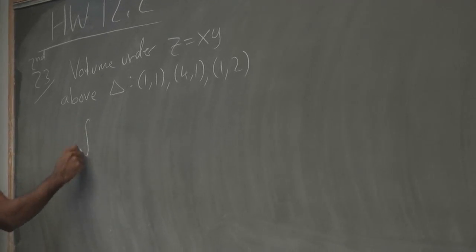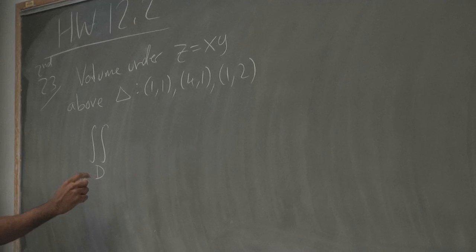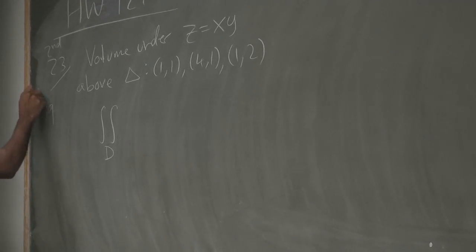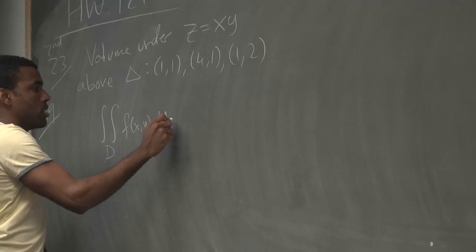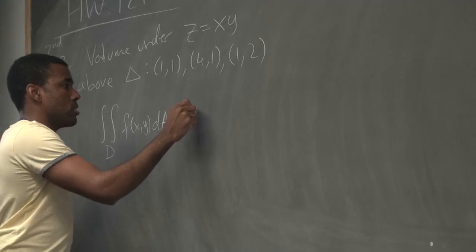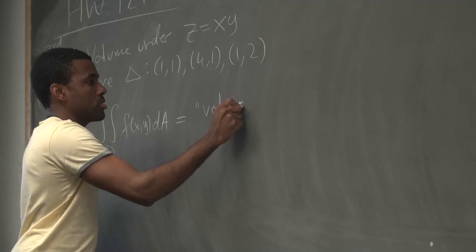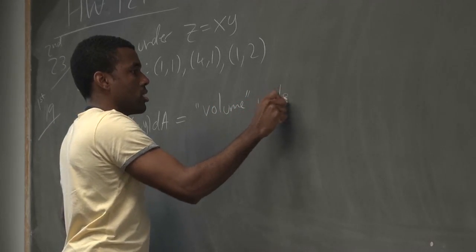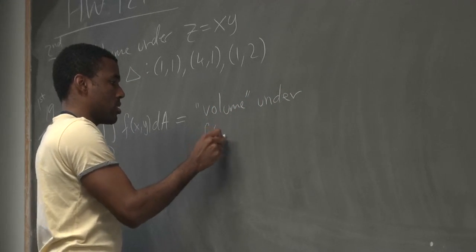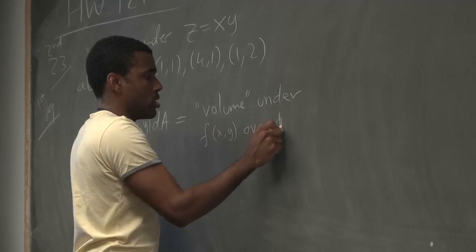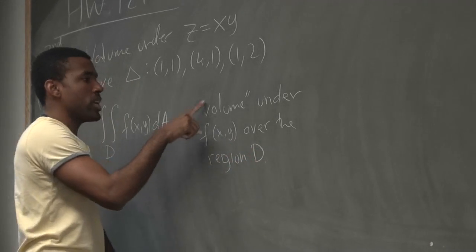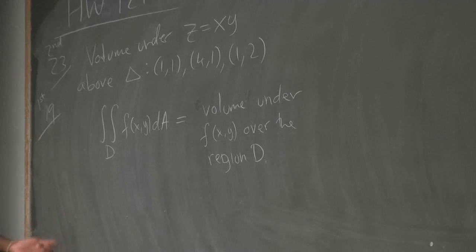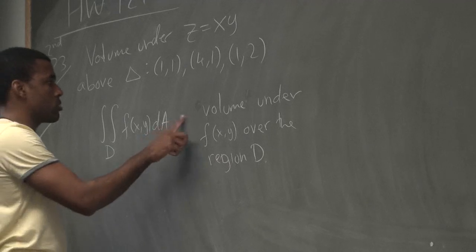So recall if we're looking at this. Problem 19. Yeah, that's 23. This is actually 19 in the first edition. Okay. So remember this guy, you can think of as the volume under F over the region D. That's one way you can interpret this integral. Just like how back in Calc 2 you could interpret integration as finding an area, you can interpret a double integral as finding a volume. All right, so this really gives you the net volume